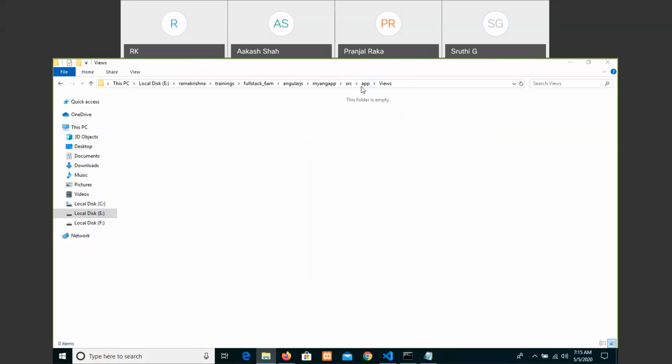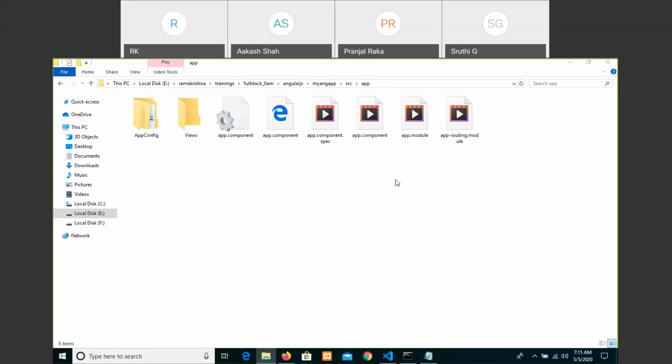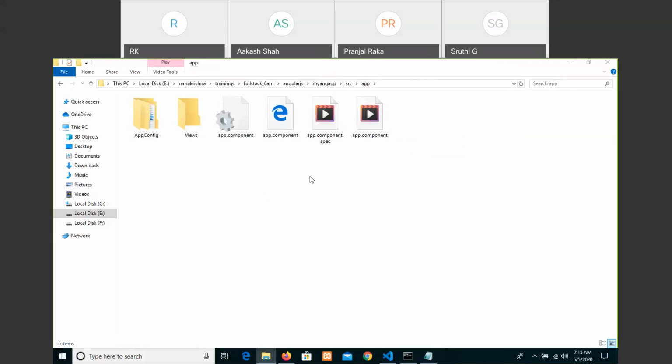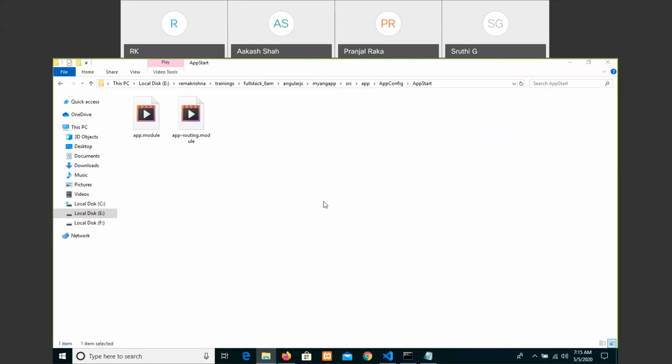Let us now first move that app module and routing module into the app config, app start folder.